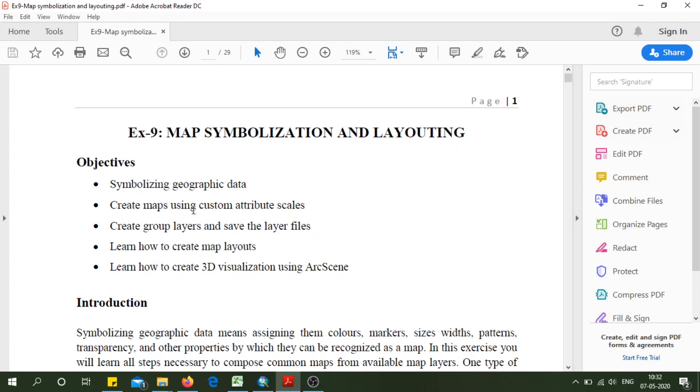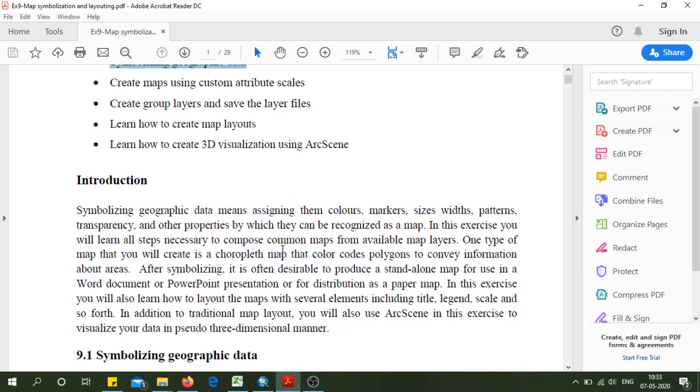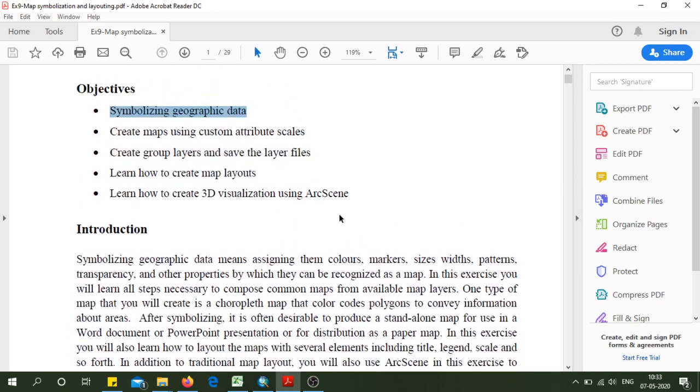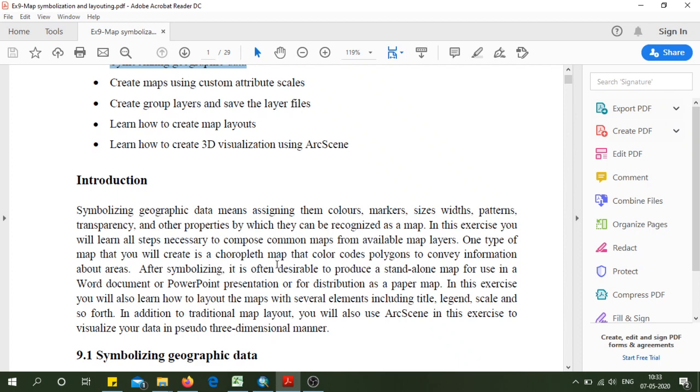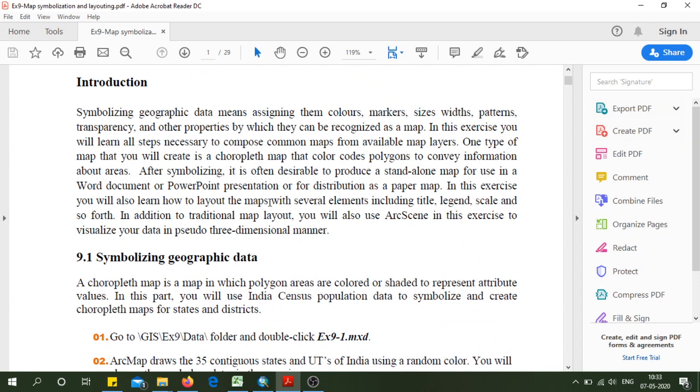In this part, initially we are going to learn how to symbolize geographic data and how to create maps using custom attribute scales. I hope you have access to the data and you watched the introduction lecture on map symbolization layouting. As we discussed,